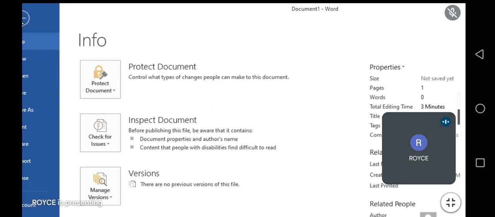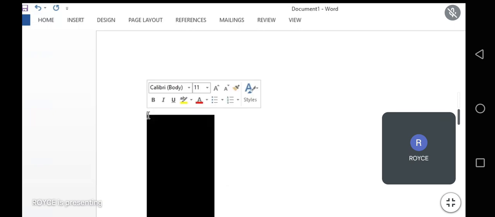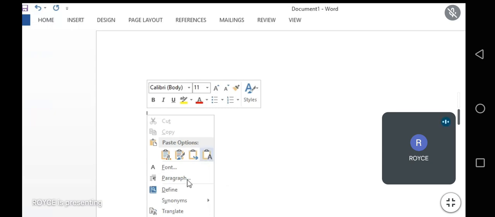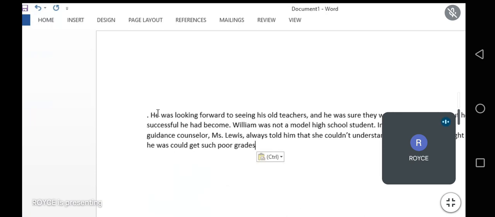Okay, so now that we want to go back to our document, I'm just going to click on the arrow and we are going to come back here where we are. Okay, so I'm just going to paste that text that I had copied so that we can use it for illustration as we go on. Okay,